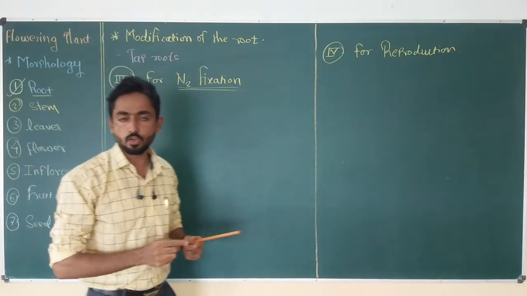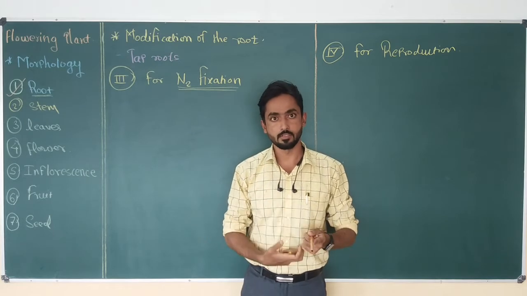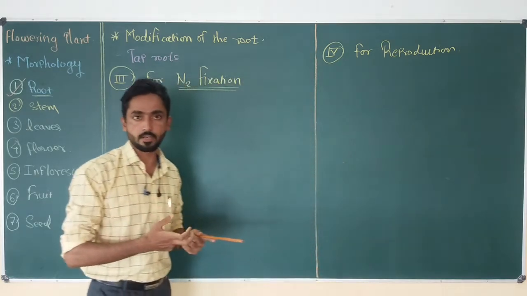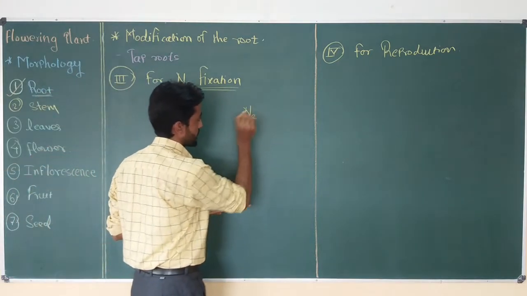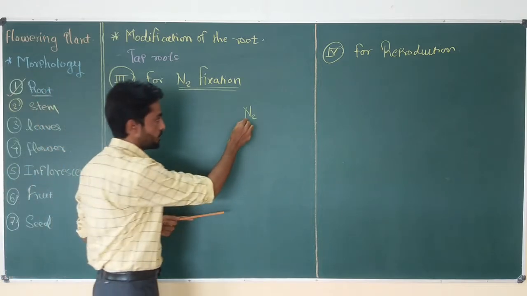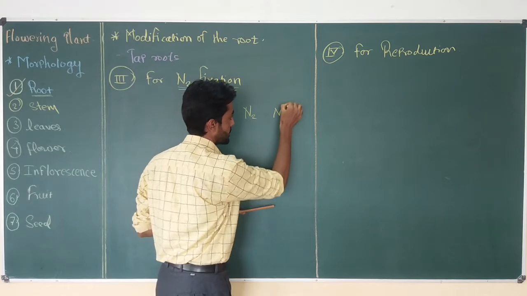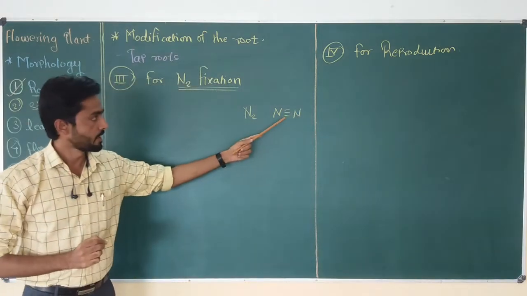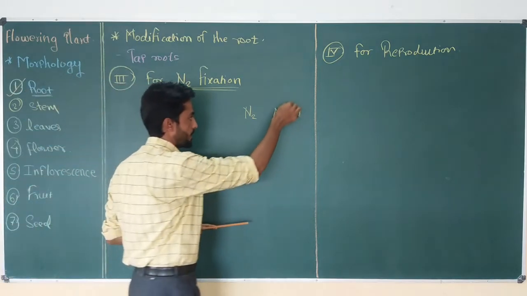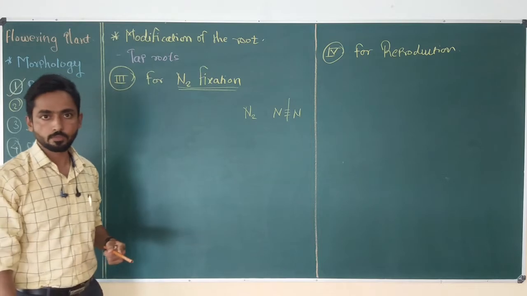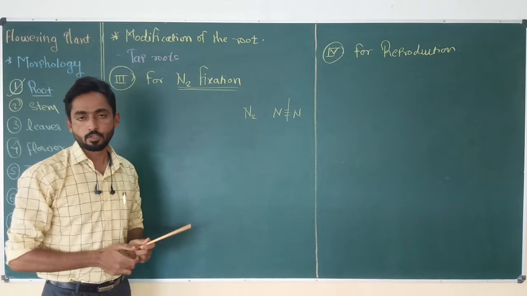It is the process which occurs in nature that makes unavailable nitrogen available for living organisms. We know that the atmosphere contains a large amount of nitrogen, but it is present in the form of N2, that is nitrogen gas. In N2, generally two nitrogen atoms are connected with each other by three bonds, triple bonds, and these bonds are very strong and require a large amount of energy to break. Because of this, normally the N2 form of nitrogen is unavailable for living organisms.